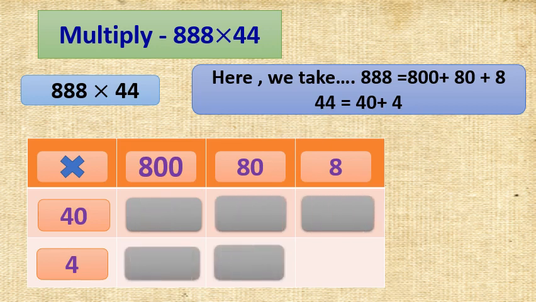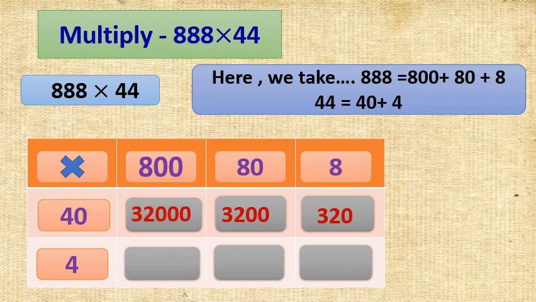Now we will write the product here. Okay. Now 40 multiplied by 8, that is 4 8s are 32 and 1 zero, 320. Correct? Again 40 into 80 is there. So 4 8s are 32 and 2 zeros. Here 40 into 800 is there. So 4 8s are 32 and 3 zeros. Right? Got these, students? Now we will move to the second row.